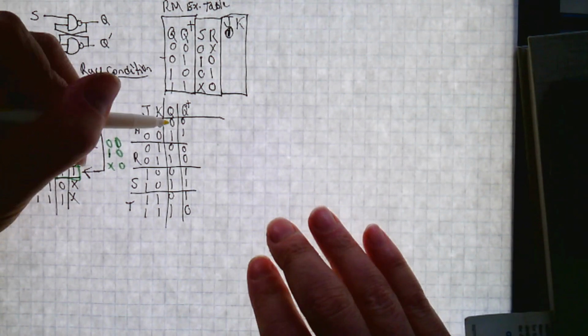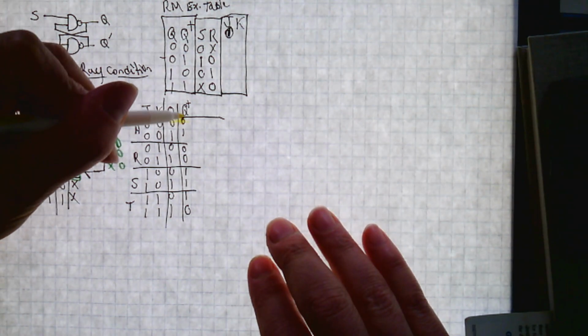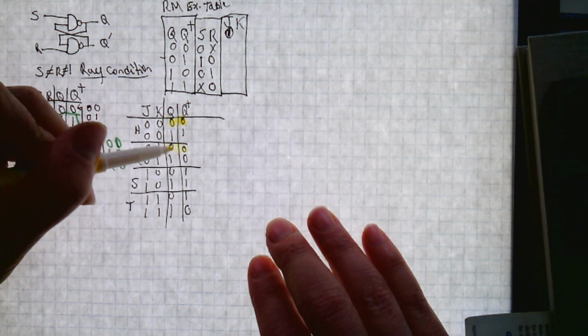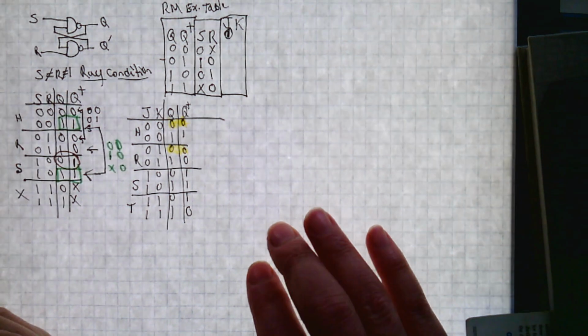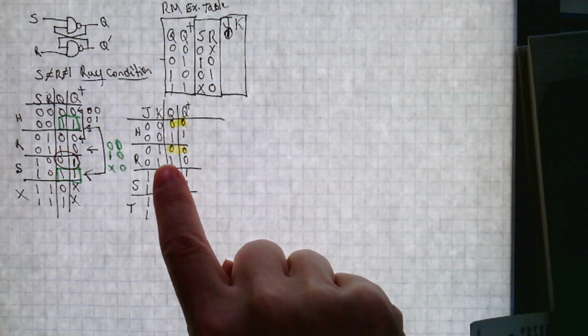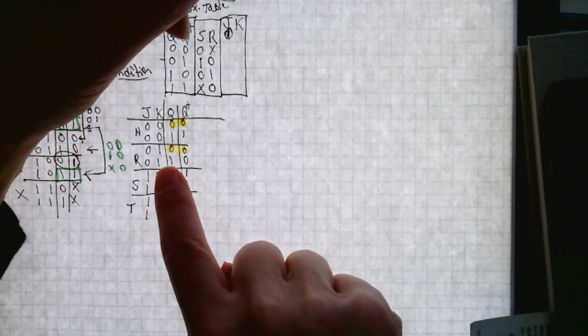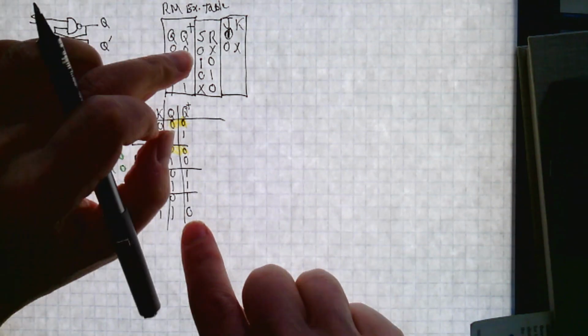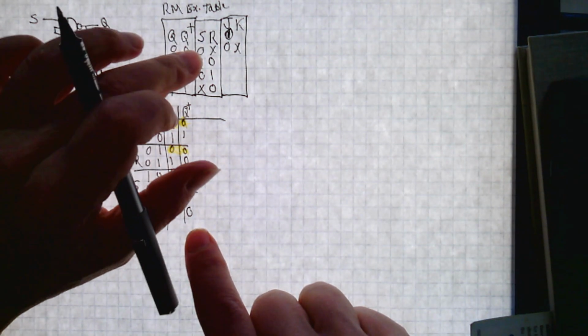If I want to change from 0 to 0, there's 2 ways to do it. And it looks like it's going to be 0 don't care. Just like the SR flip-flop. And you could see, this is why I want SR, not RS. I want that symmetry. Similarly, if I want to go from 1 to 1,